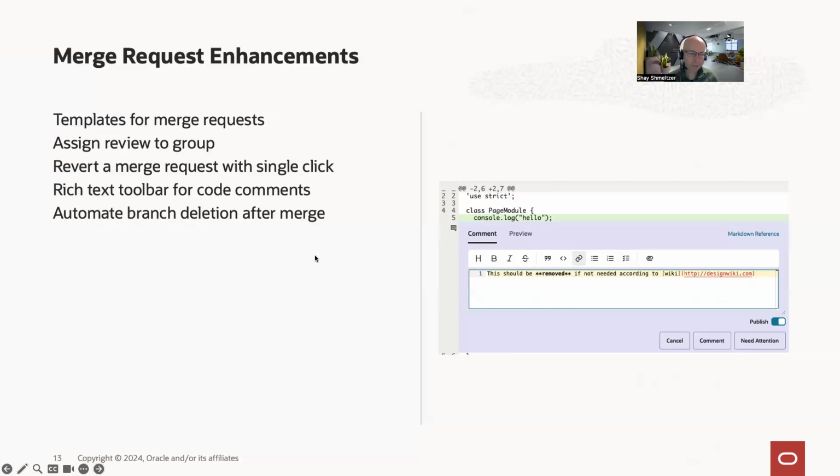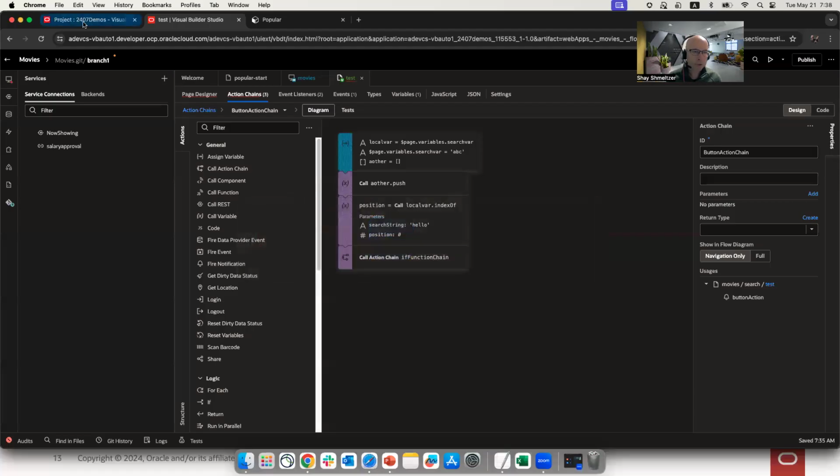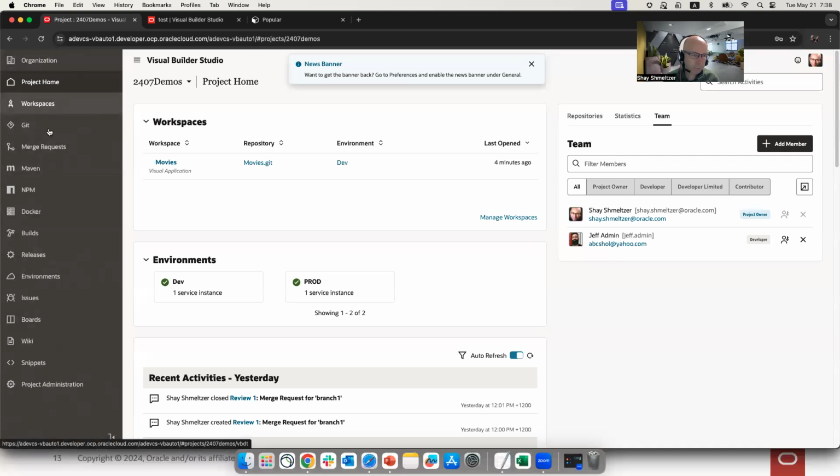And we also have an automated branch deletion after merge option. So you can actually set it at the branch level and say, hey, we want to delete branches automatically when the merge is complete. So again, just to show you a couple of those capabilities,